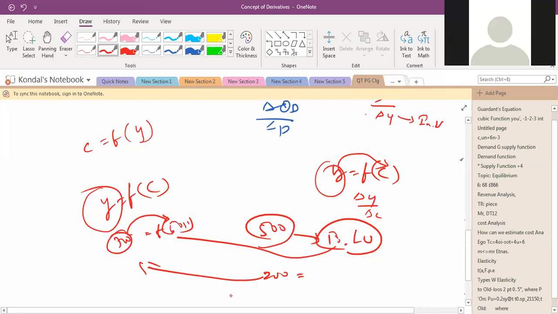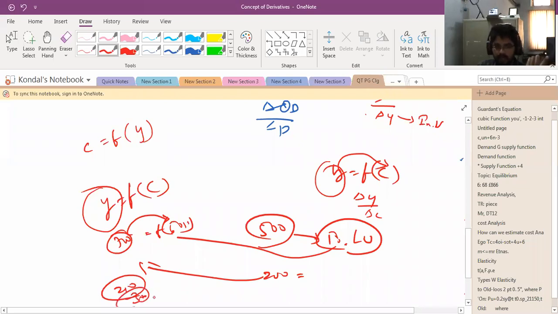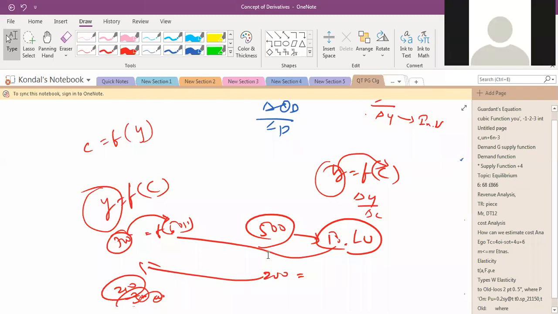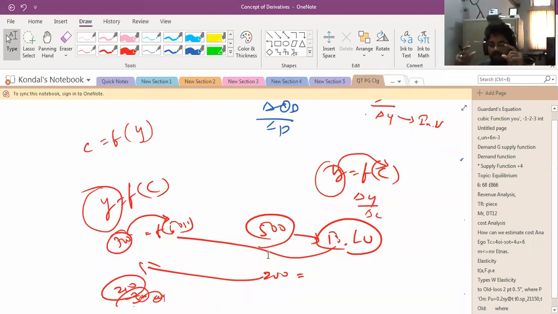No, sir. It may be 250, for example. Sometimes it may be 300 or 400, no problem. It depends on how much expenditure you make; only then will you get some output. For example, when you drink a small cup of milk, how much energy will you get? Less energy, right? If you drink more and more milk, you will get more energy. Your energy depends on how much you are consuming. Same thing.